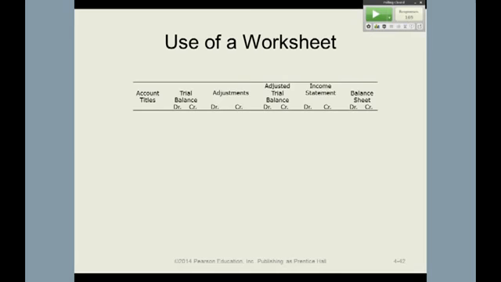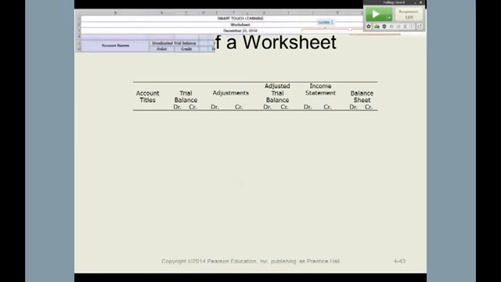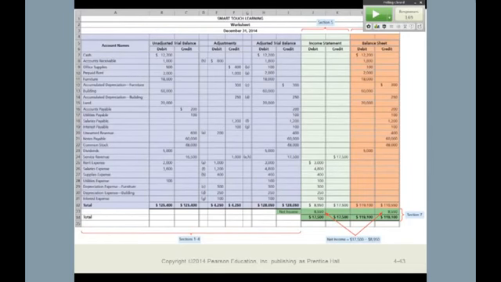I know the actual slide itself is not necessarily clear, but if you look at the textbook, what happens is that you take the unadjusted trial balance, and then before you make any journal entries or post anything, you put in the numbers for the adjustments and move them into the adjusted trial balance. The benefit is that you see right away if debits equal credits, you understand the nature of the adjustments, and you look at the reasonableness of those adjustments as well.